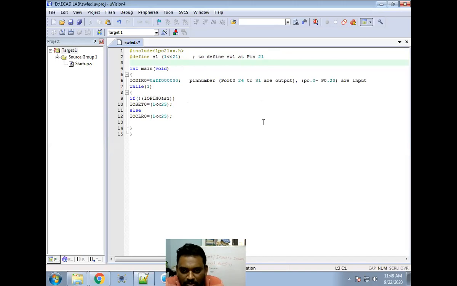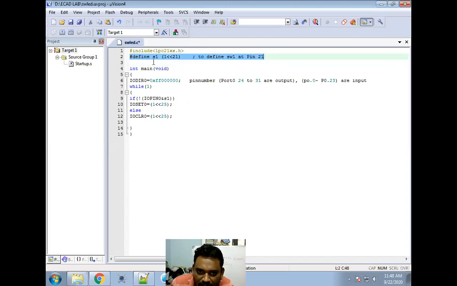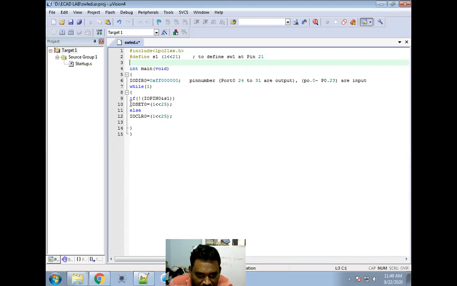Okay. Up to how many pins do we need? 8 pins, so connect 8 pins. 8 switches, okay, you need to connect 8 switches here. So like define S1 at 21, S2 at 20, S3 at 19, S4 and so on, up to 8 pins. Okay, now here the logic is the same. So first you need to check S1.